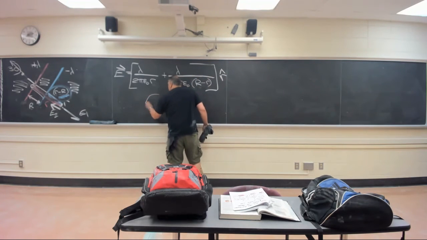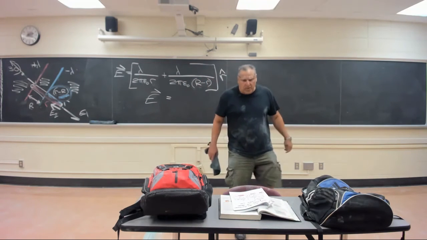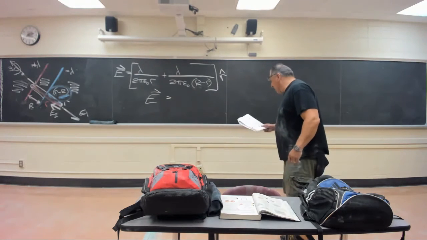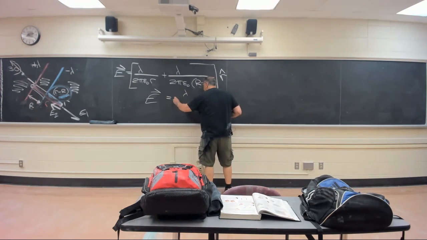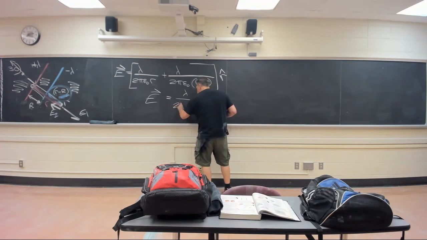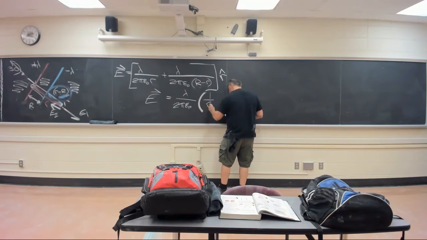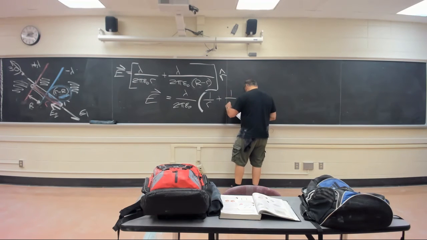You got this. It was written a lot of ways here. I didn't really put the vector notation there, and I probably should have. Well, I'm putting it in now. So you got lambda over two pi epsilon naught, 1 over r, plus